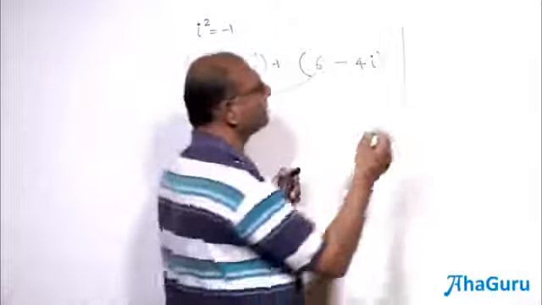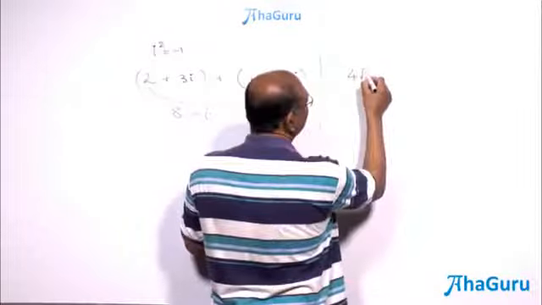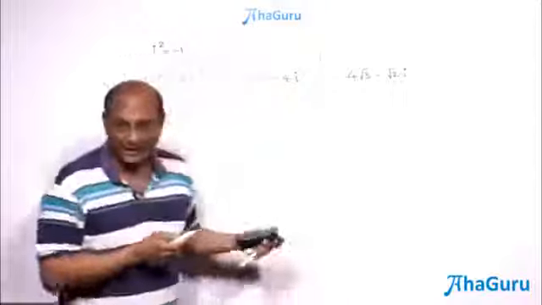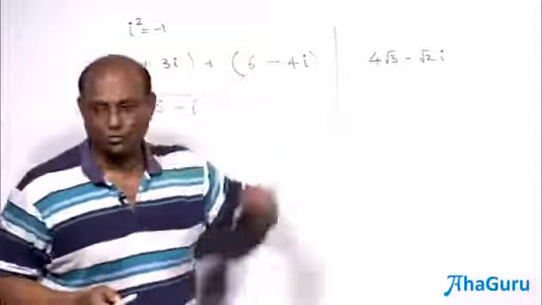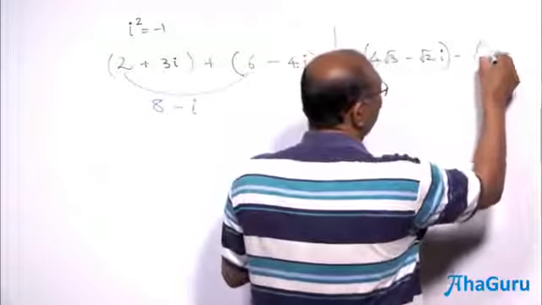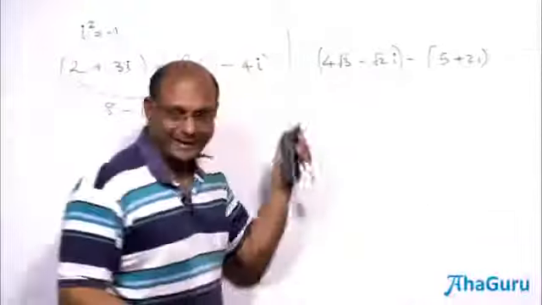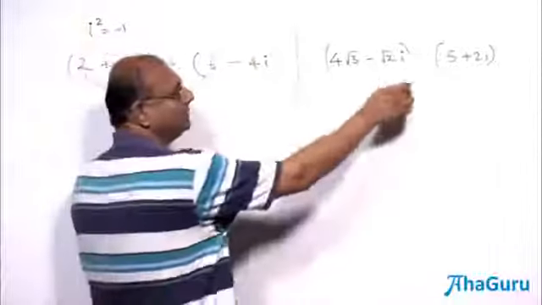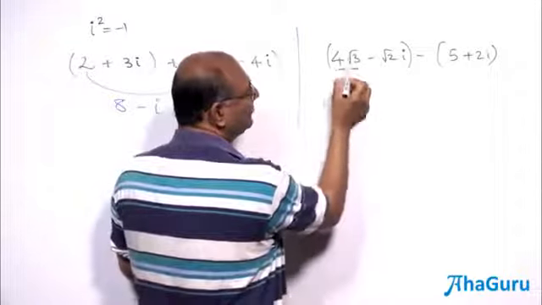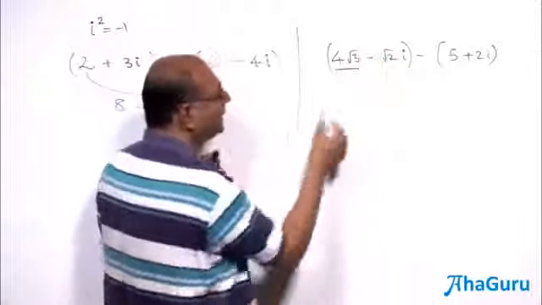So like terms here, which will basically be in terms of x, you will join. The same idea here. Let us say that I have 4 root 3 minus root 2i. Now I can have anything with i, any real number with i, so it could be root 2 with i. Minus 5 plus 2i. Now it's a minus 5 plus 2i. So look at this. This is the real part. Don't get confused by this and looking at the i. The i's are completely separate. This is a real number.